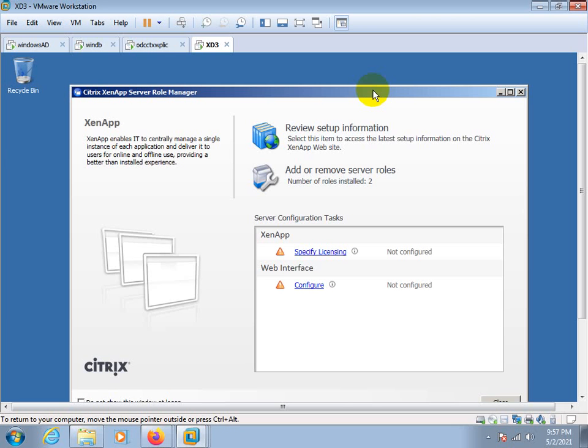Now the installation has been done. Okay, and the next is to specify licensing, license and country. This is for the web interface, but today we will not configure the web interface. Let it be done.